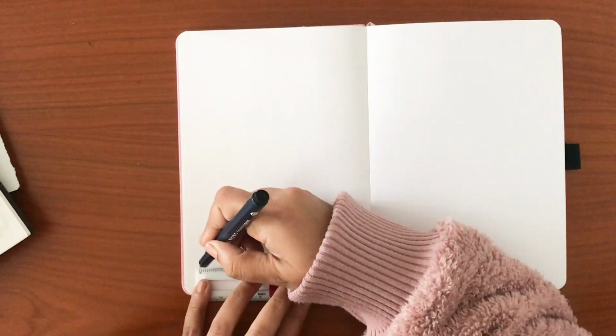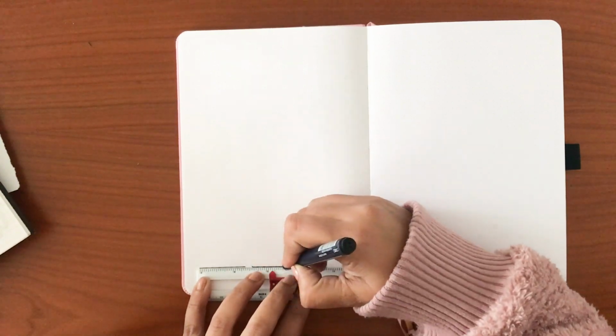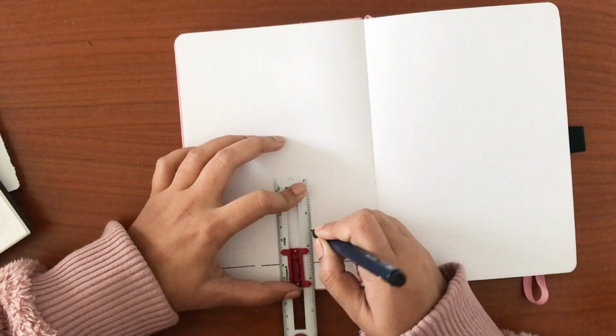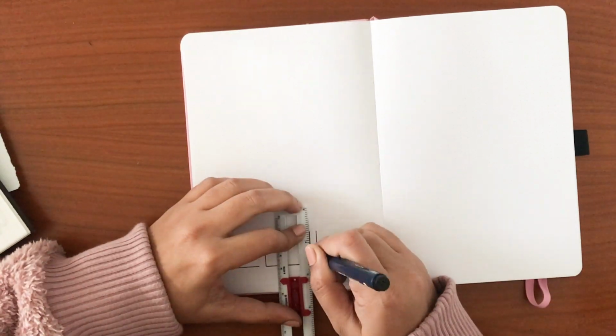So for this next page, I wanted to divide the page into 3 columns and 4 rows. That way I would have 12 blocks to document 12 goals that I want to achieve in the new year. I also want to have 12 actions on the other side, and so with my ruler I'm carefully drawing out my rectangles. I checked my last page for my measurements, and I